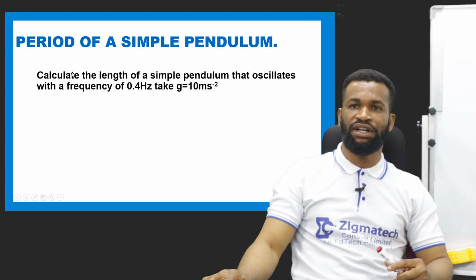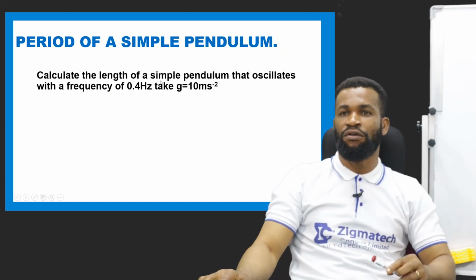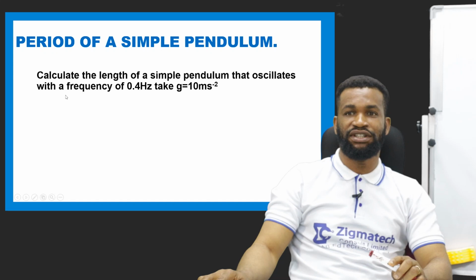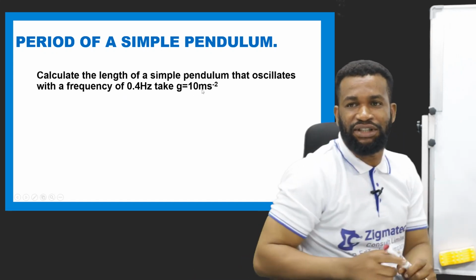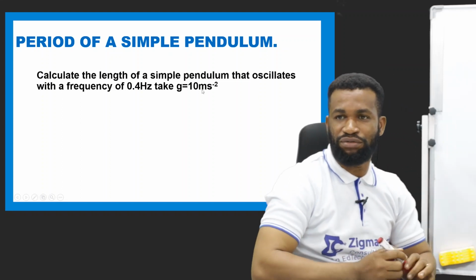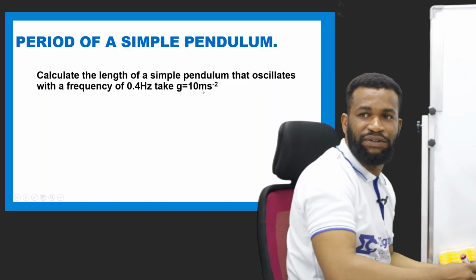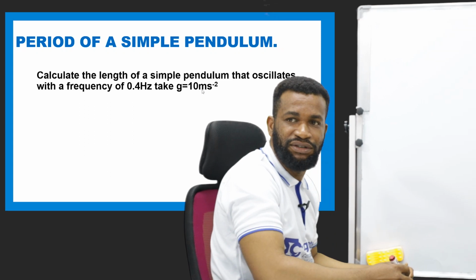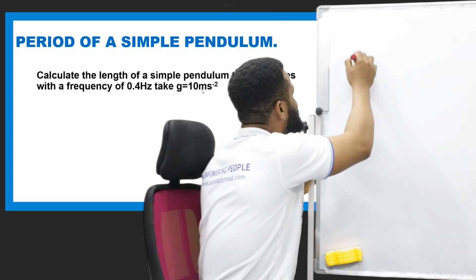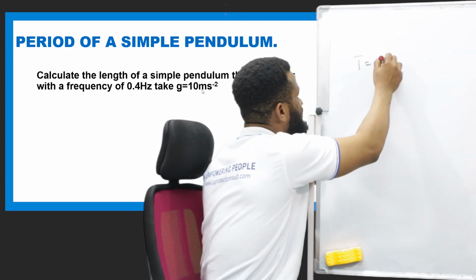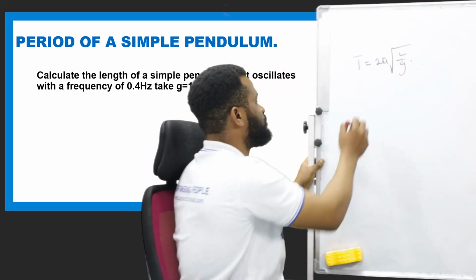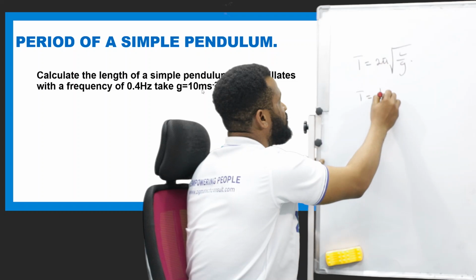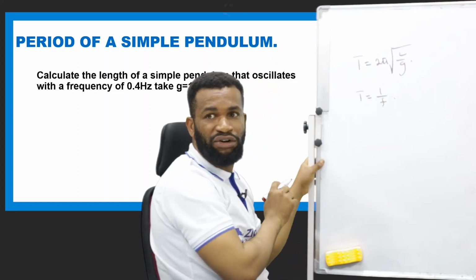Now we have a problem here. Calculate the length of a simple pendulum that oscillates with a frequency of 0.4 hertz. Take g as 10 meters per second squared, and pi as 3.142. Now, we know that T is equal to 2 pi square root of L over g. Then we know that T is equal to 1 over f. We are now asked to find